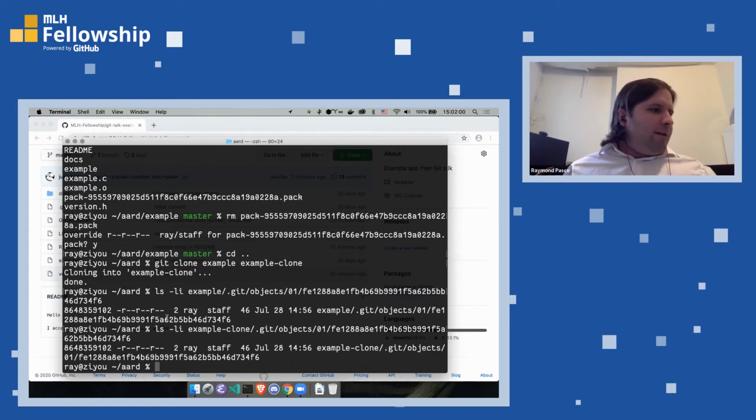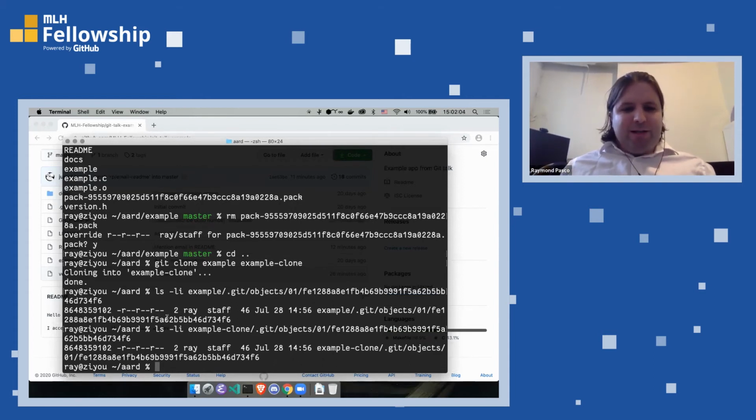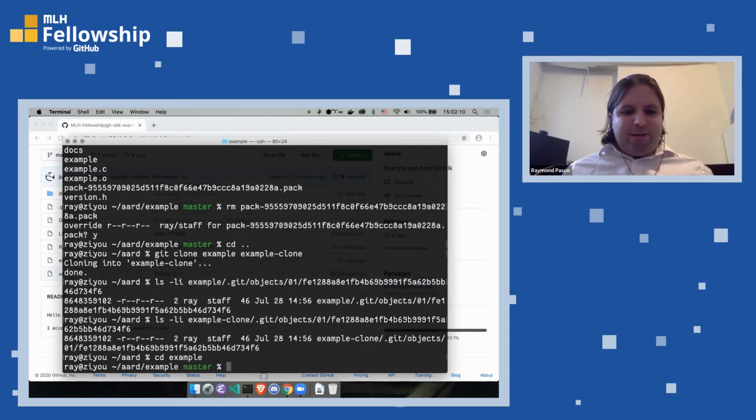So let's see. On a similar topic, since we're discussing space-saving features, I'll go back into this repository. I'll discuss what I think of as a fairly new feature, but actually it's been around for like 5 years now: work trees. So you remember I discussed before the .git directory and all the stuff in it,